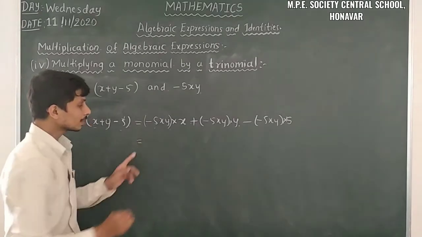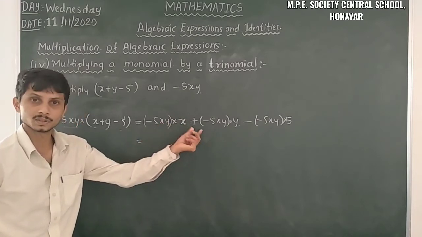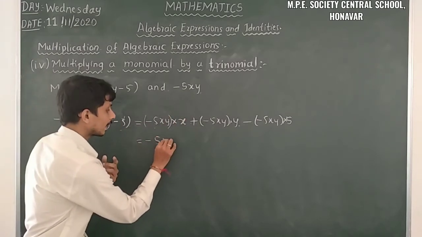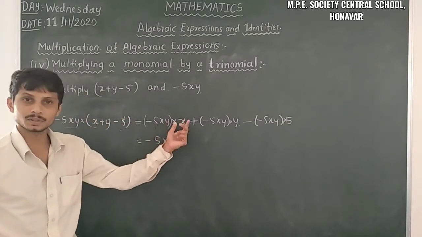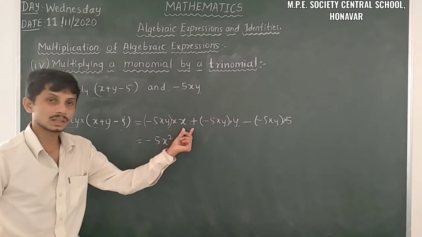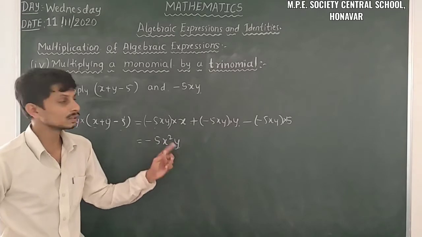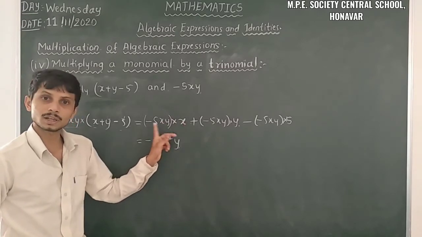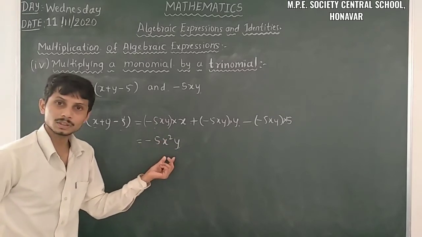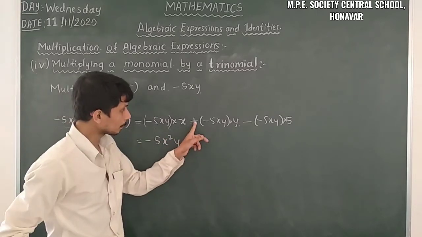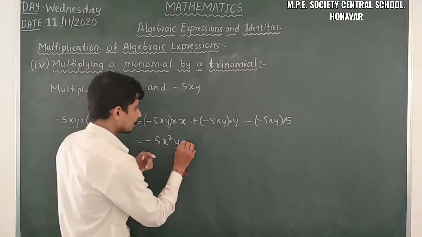Is equal to. So here minus 5xy into x. We have to multiply x into x, so that is minus 5x square, since x into x is x square. There is no term in y here, so we can't multiply with y. Here x is there, those are like terms, so they can easily multiply. After that it comes to only a single term. Here just observe plus and minus: plus into minus is minus only.